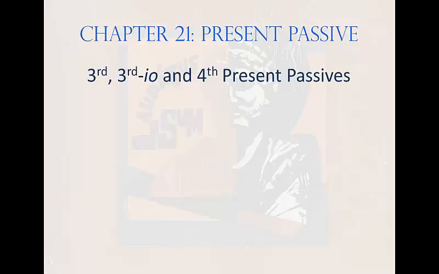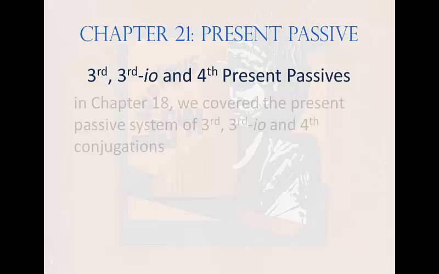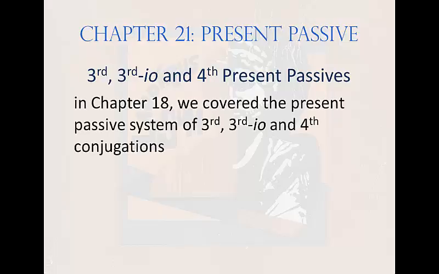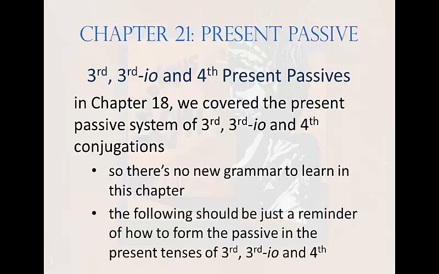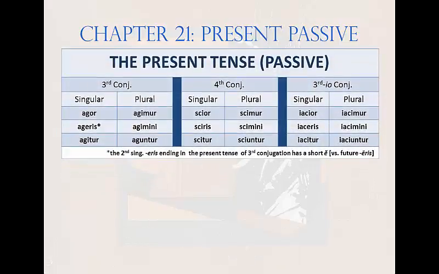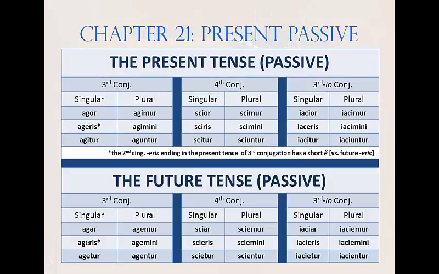Third, third IO, and fourth conjugation present passive forms. Ladies and gentlemen, here we reap the rewards of our hard work earlier. Back in Chapter 18, we covered the present passive system of third, third IO, and fourth conjugations, so there's no new grammar to learn here. The charts on the following slides should serve only as a reminder of the grammar we studied there. Here is the present passive system in third, third IO, and fourth conjugations, and here is the future passive